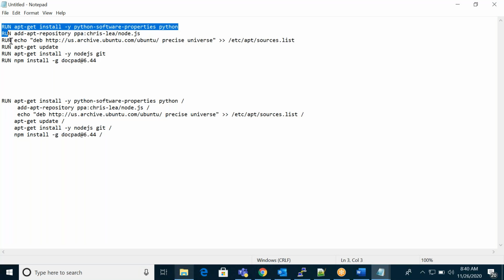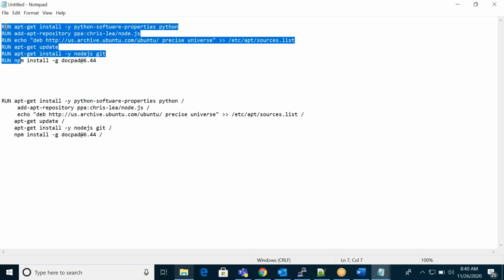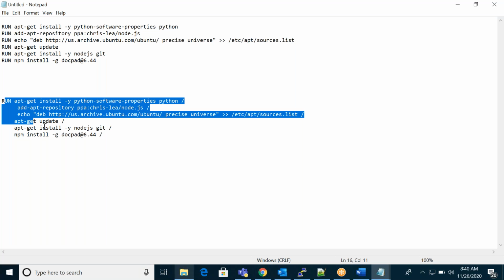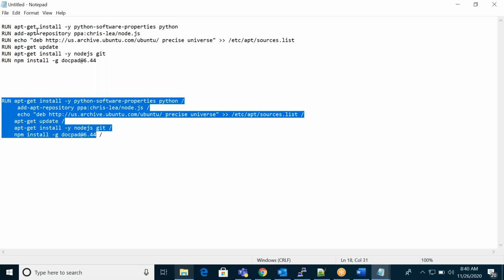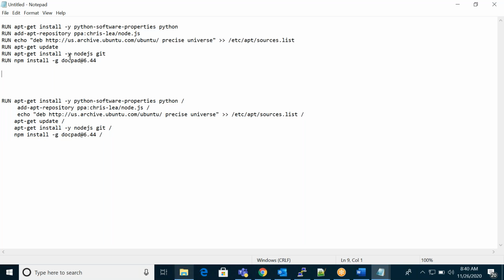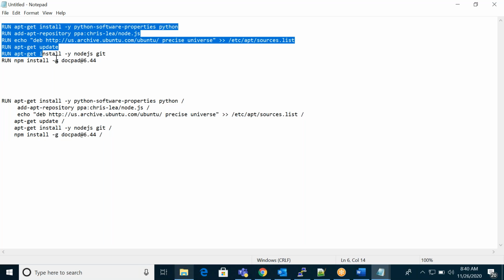If you use the same RUN instruction multiple times, in Docker your image size will increase, because the binaries will increase. If you want to reduce the binaries, you can use one command like this. Both are the same command, but here they're repeating the same instruction multiple times.